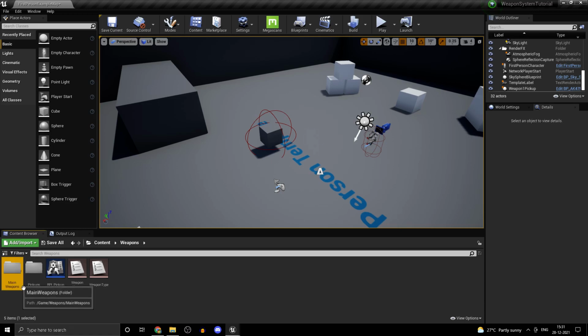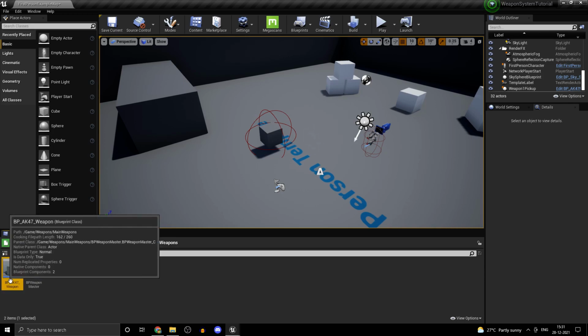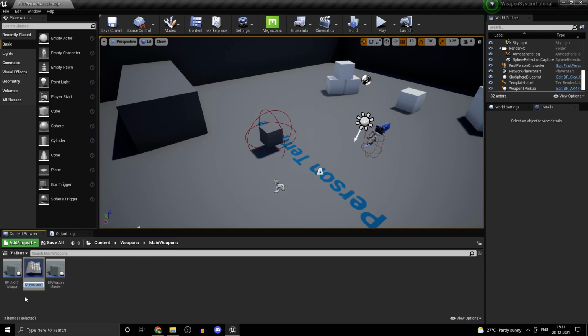Now, head back in here, and just so that we can distinguish, let's create a copy of our AK-47. I renamed it to BP AK-47 weapon. Instead of weapon 1, I named it AK-47 from the previous video if you guys are following up.